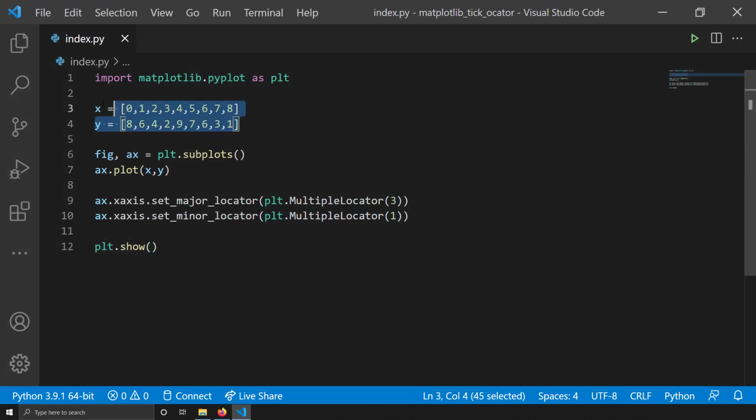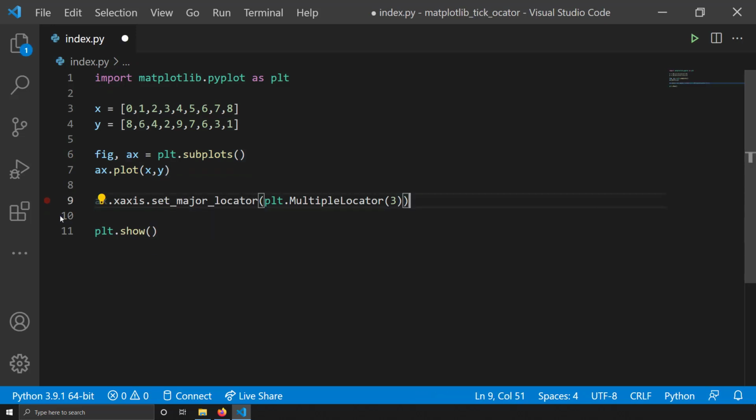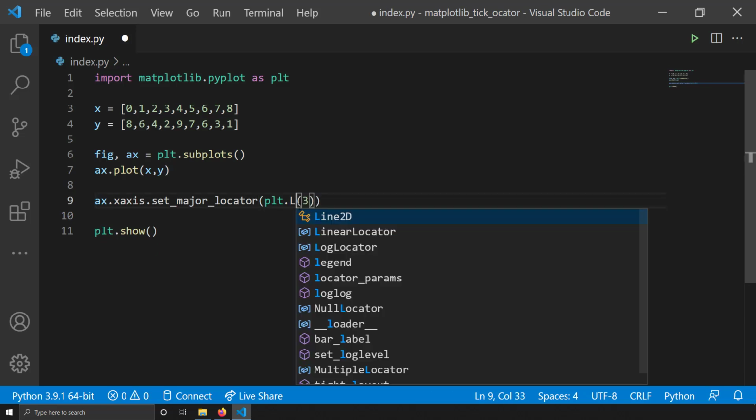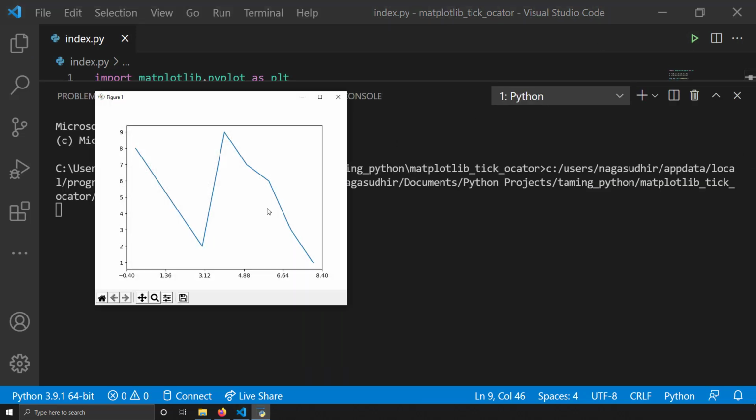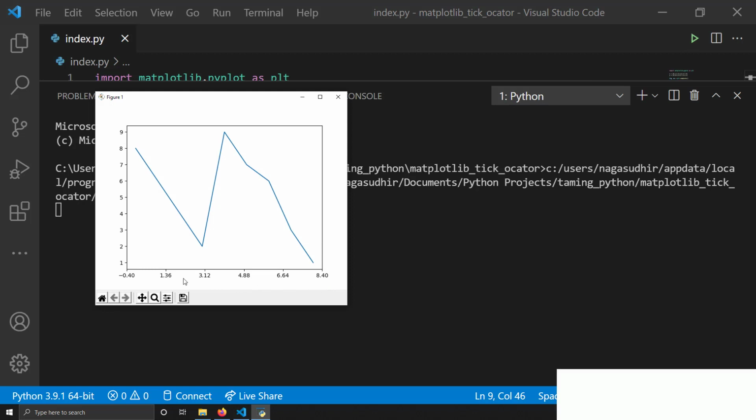Let's keep the data the same and plot it. Here, at ax.xaxis.set_major_locator, I'm going to use plt.LinearLocator, and I want 6 ticks to be visible. If I save and run this, I get six ticks in the visible x-axis range, and the numbers to be visible are automatically